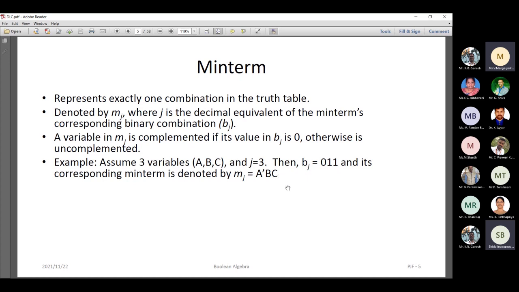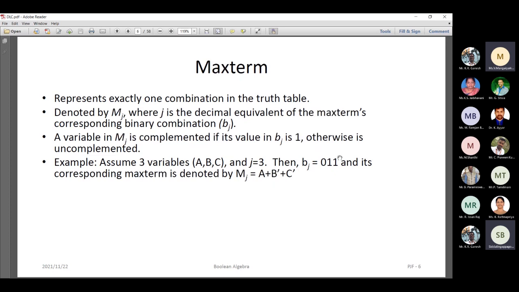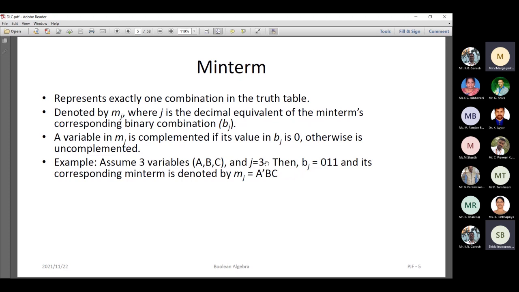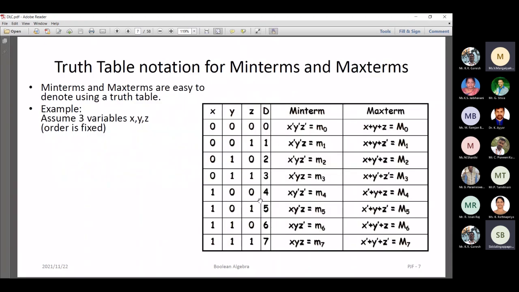This is a very important concept that you have to remember in a min term. When you have a 0, you represent it in complement form. When you have a 1, we represent it in non-complement form. Similarly, in a max term, when you have a 0, we represent it in non-complement form. When you have a 1, we represent it in complement form, and it should be in terms of sum. This will be in terms of a product. I hope you are understanding. Here you can see there is a 0 0 min term. 0 means it should be represented in complement form, that is y bar z bar, and it should be in product form.